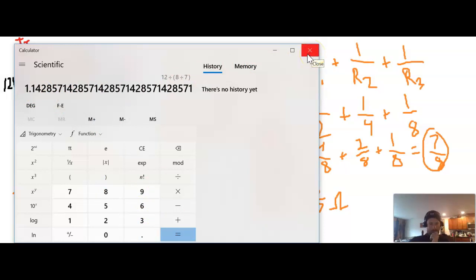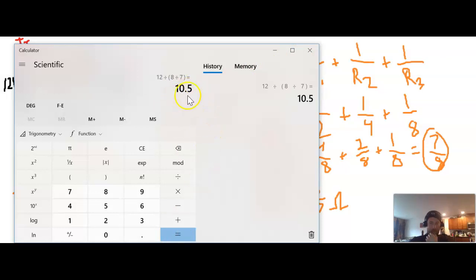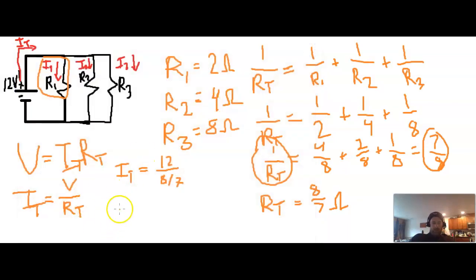Okay, so, well, that doesn't quite sound right. 12 divided by, oh, there we go. That didn't sound right. There we go. 10.5 amps. I didn't hit equals again. So 12 divided by a little bit more than 1, 8/7, gives us a total amperage of 10.5. So I total equals 10.5. So now you might be asking yourself, well, okay, that's great, but how do we figure out how